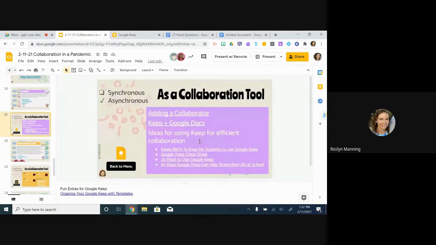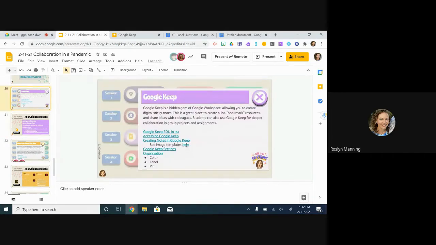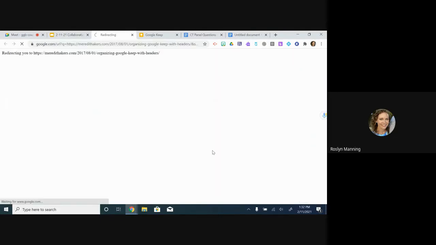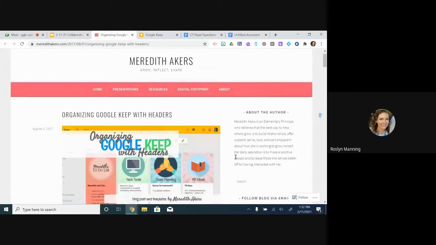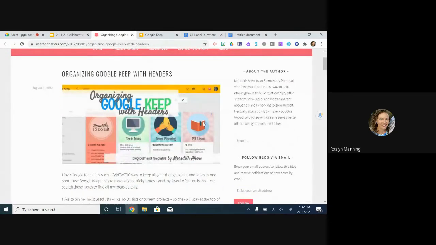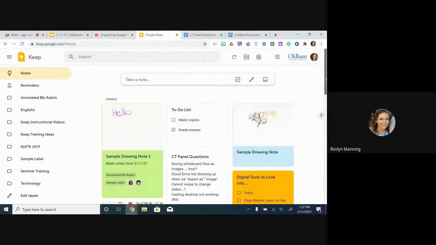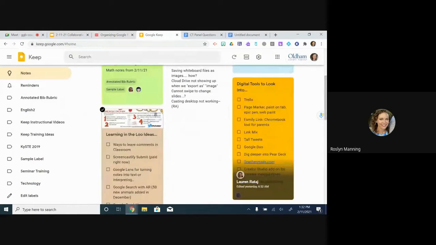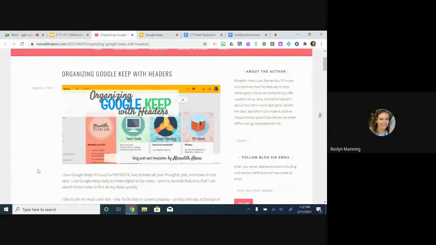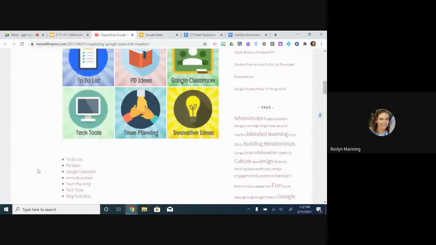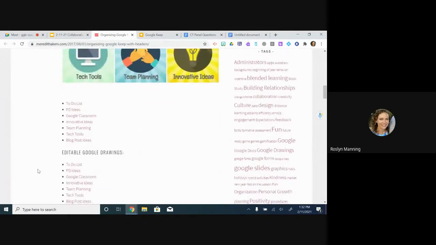Okay, so just some resources I have for you here. Oh, and you know what? I think there's one here. Okay, I wanted to show you this as well. So on this slide, there are some image templates on this website here. And what these image templates will do is allow you, it's one way, I guess, to organize your Google Keep. I think I showed you this earlier, but this one has an image on it. So this person has given images, but also Google Drawing templates